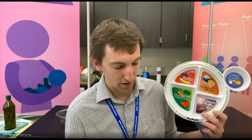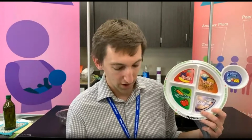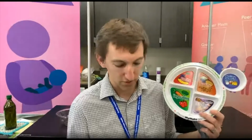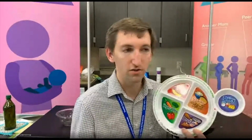So I give this a grade A, a green light recipe that you can make all the time for your friends and family. If you're looking for it to be a little healthier, just cut a little bit of the butter out, but definitely to get the flavor, you want to add it in. So great recipe overall. If you guys have any questions, just let me know and I'll answer them for you. Otherwise, we're going to wait for...